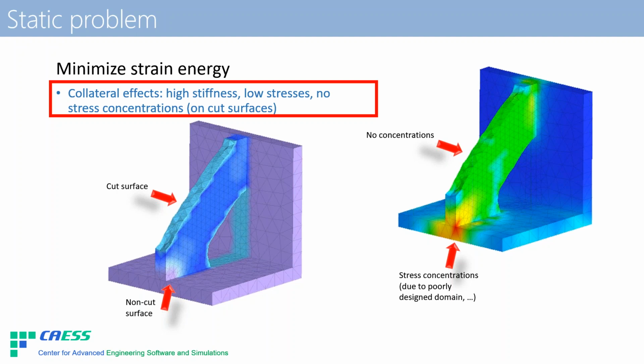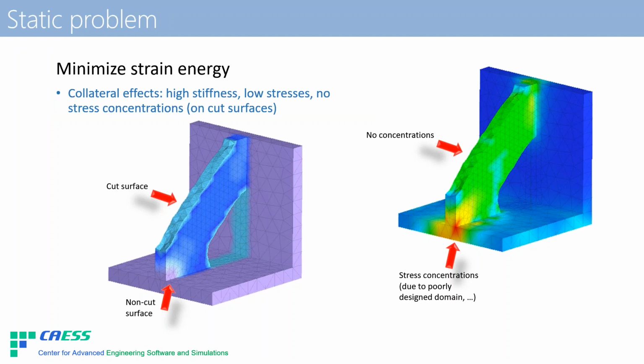We get automatically, practically, okay, not mathematically, but practically, the lowest stresses attainable, and we get a design without stress concentrations. So if I say without stress concentrations, I mean, of course, in the region where the optimizer can actually